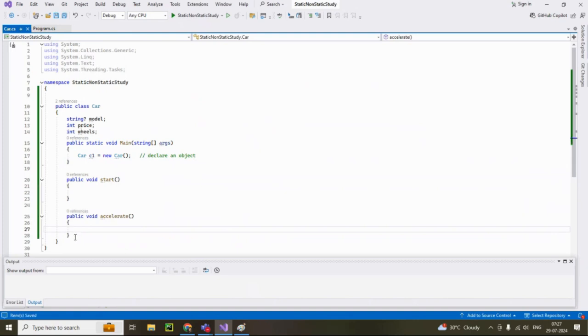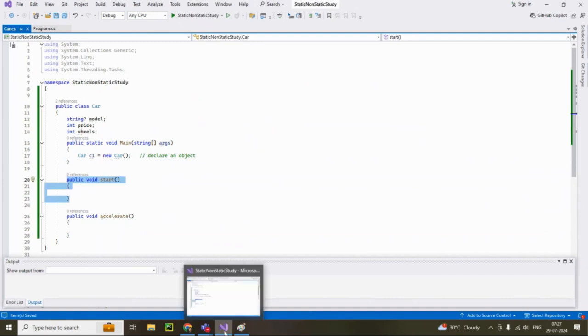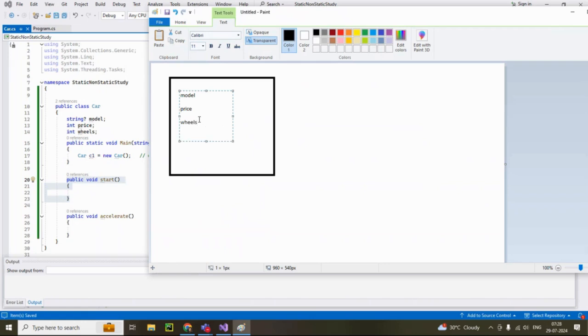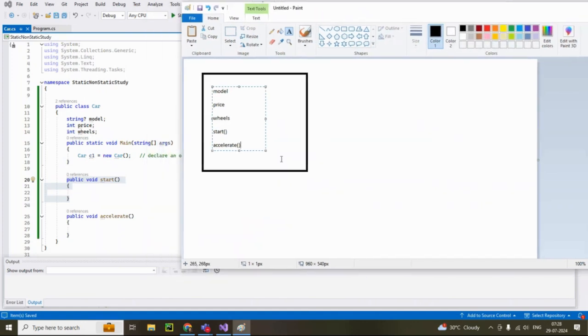Now you see that this is a non-static function as I don't use the static keyword. So say that it start function or accelerate, and say that if I say C1, it is an